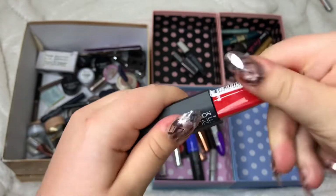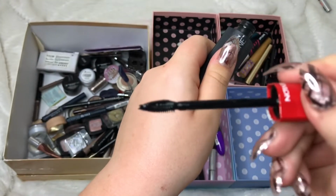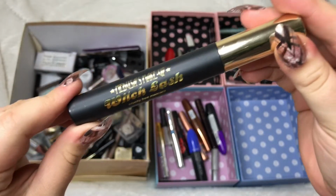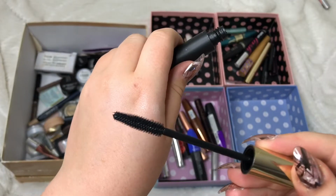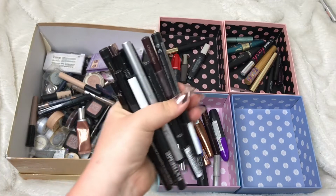This is a waterproof version, and I don't like waterproof mascaras, so I'm going to pass this on because this is brand new. But finally, for my mascaras, I have the Medusa's Makeup Witch Lash Mascara, which I'm also going to pass on because I've tried it once and I just didn't get on with it, so that can also be passed on. So now I'm going to move on to eyeliners, and I'm going to start with all of